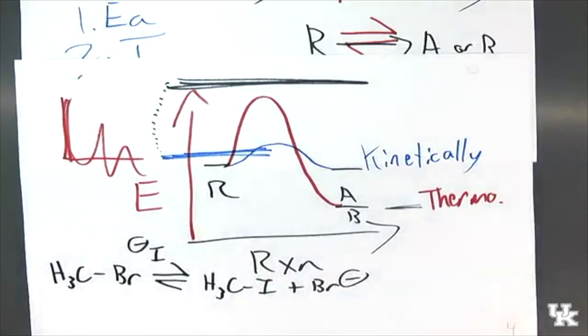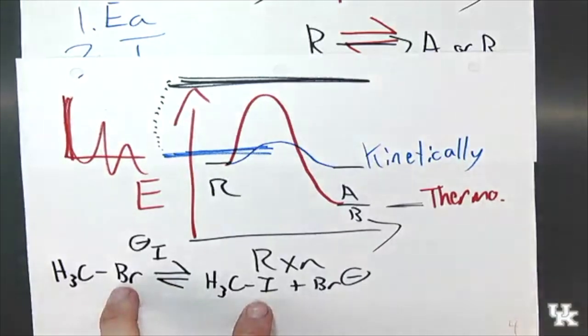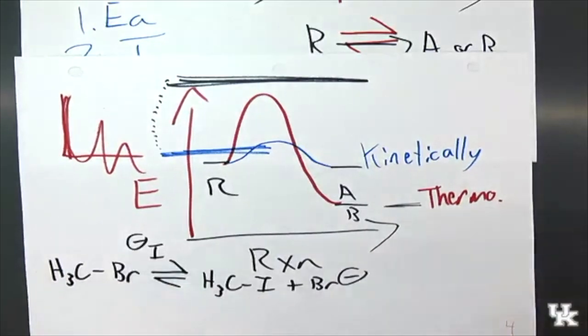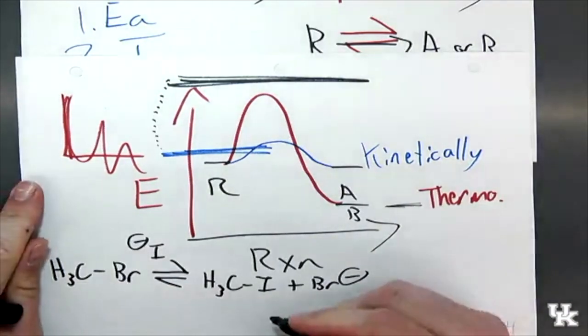Let's just say you don't have to worry about what this reaction really is. What you really need to know is that a transition state for this reaction would have a structure